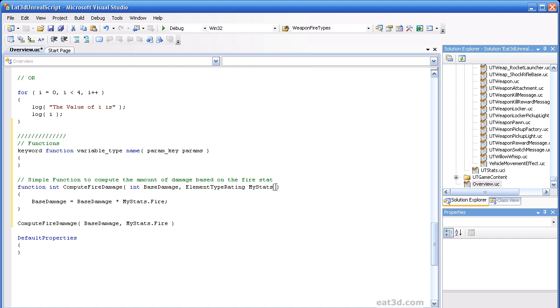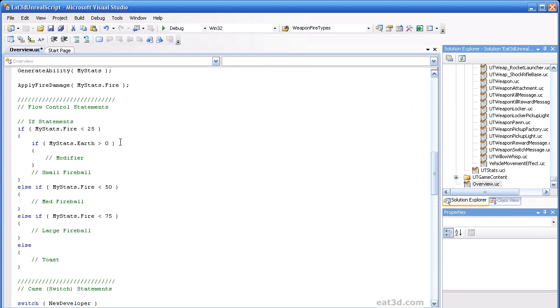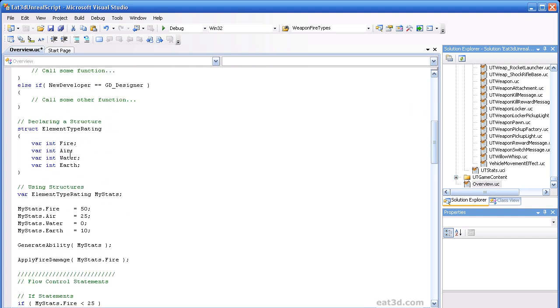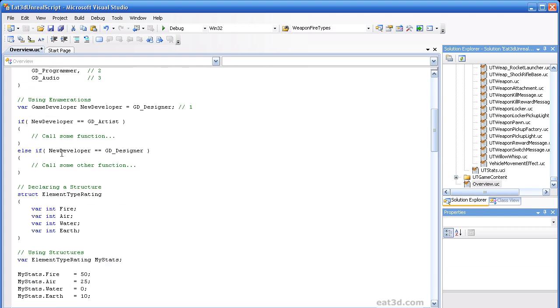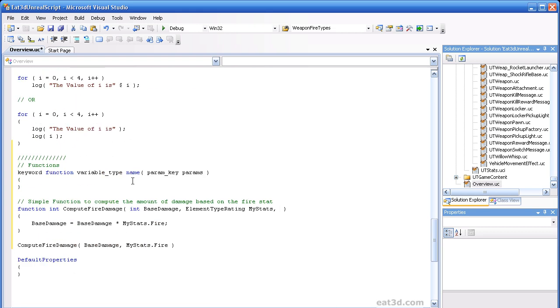You'd probably need to add an extra variable, which was an enumeration. We never defined an enumeration for this, but just like we did for the enum of the developer type, we could define another enumeration which matched fire, air, water, earth. Then you would pass in a value saying which stat you want to use as the modifier. So you could add a third argument down here,